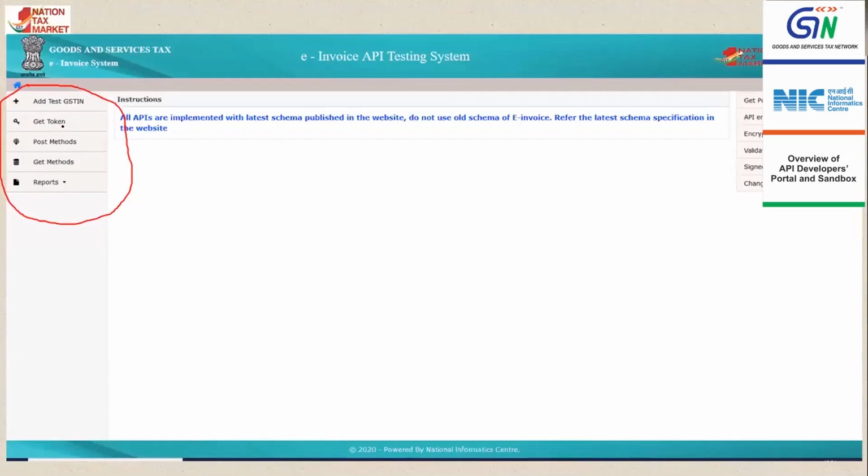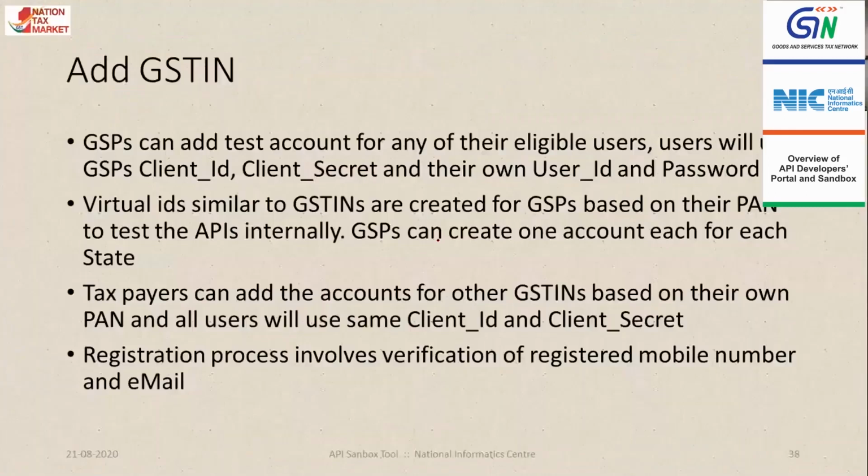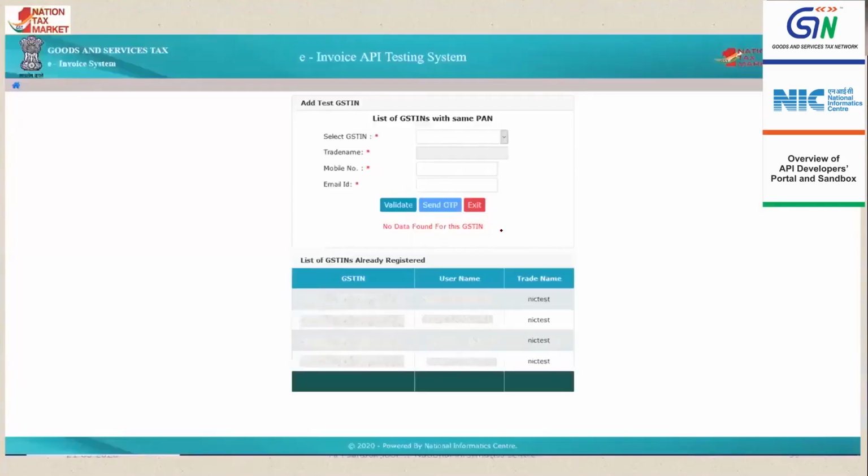And here there are ways for the developers to check the different APIs. One is the authentication API, and then all the APIs are grouped into post methods and get methods. Those things will be covered in the subsequent slide. So this is the add GSTN procedure, where the taxpayers can add their sister concerned test accounts, and GSPs can add the accounts for their customers. So this is how they will be able to add the test accounts.